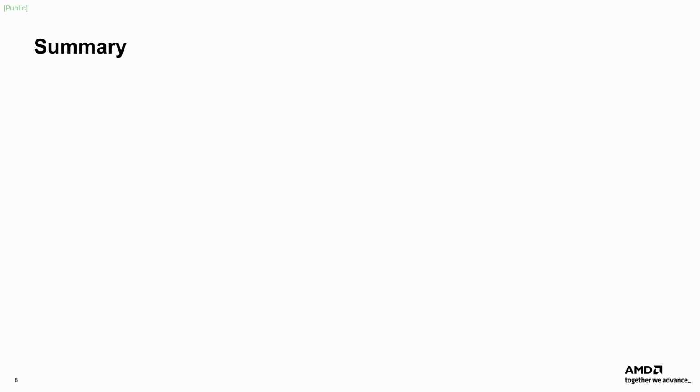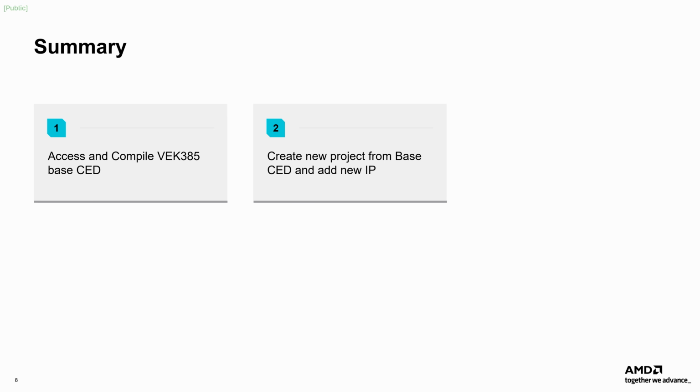In this video, we displayed compiling and exporting the XSA file of an EDF-compatible embedded common platform Vivado base project targeting the VEK385. Then, a child project was created based on the base project and a new IP was added to the block design to modify the PL, allowing LED control to come from the DIP switches. The child project was then compiled and the design compatibility was compared to the base project.